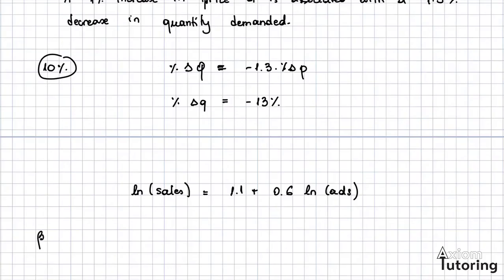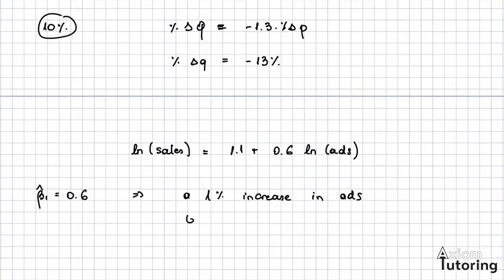Interpretation-wise, our beta 1 hat here is just 0.6, which means that a 1% increase in ads is associated with a 0.6% increase